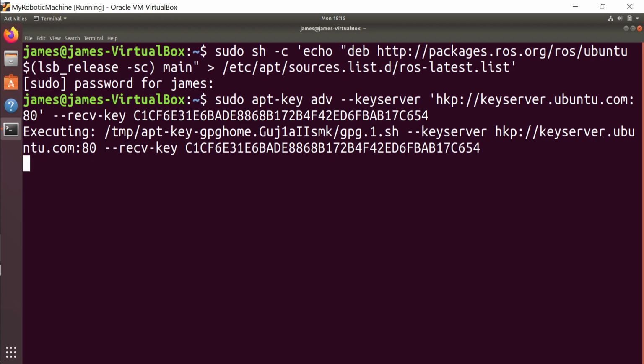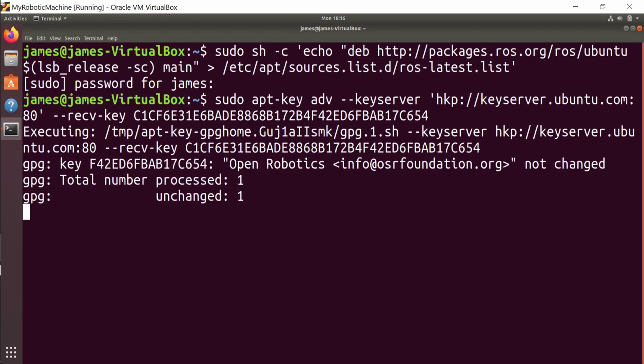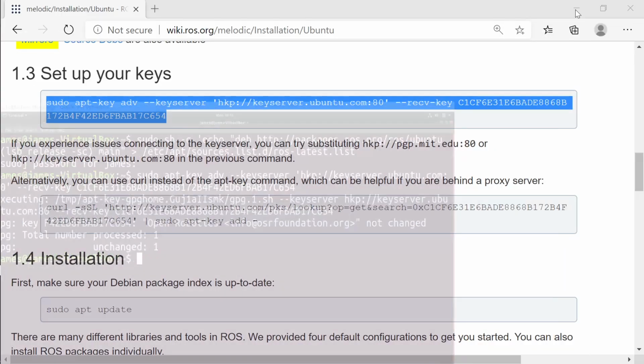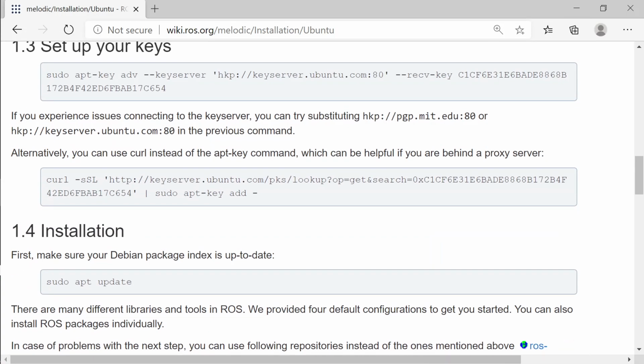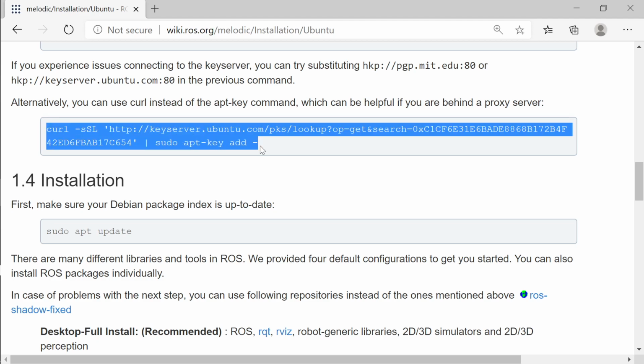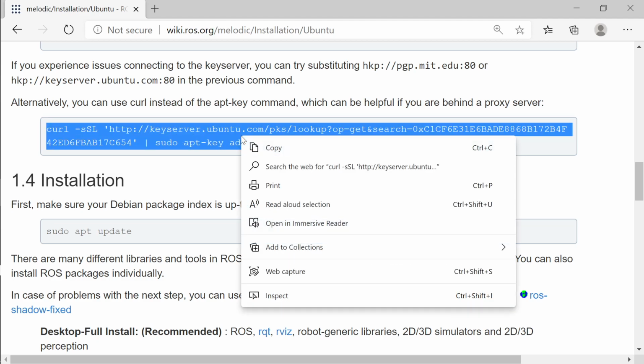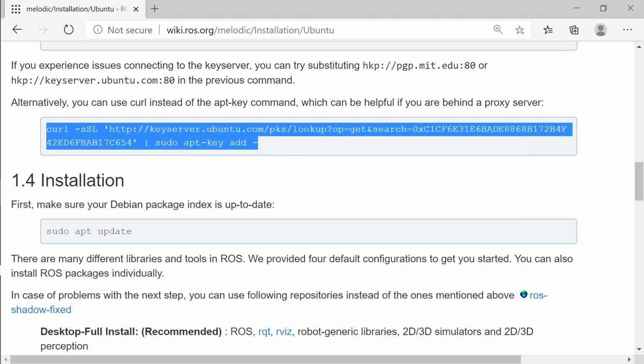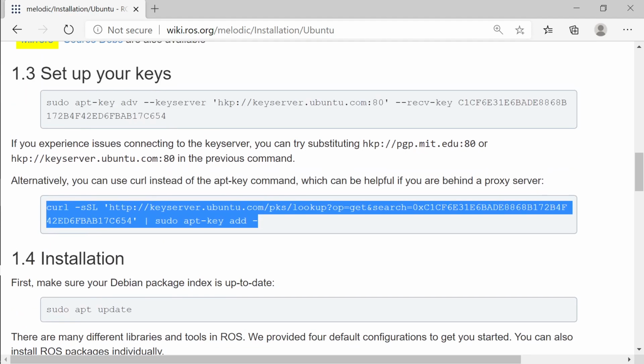It's taking time. Okay, it says unchanged, because I have already installed it once. Then we move on to the next step, the keyserver for Ubuntu.